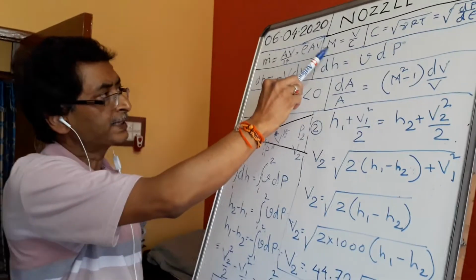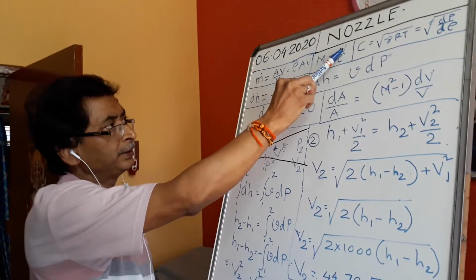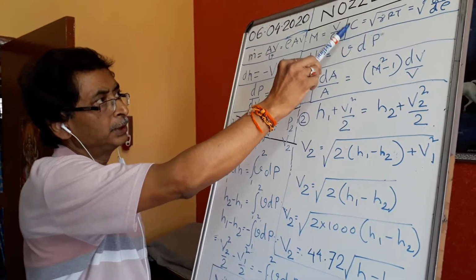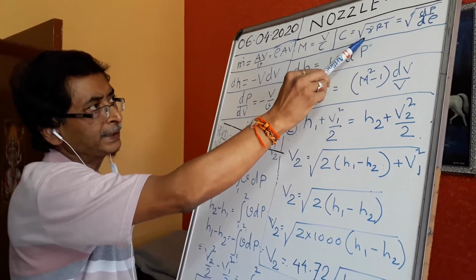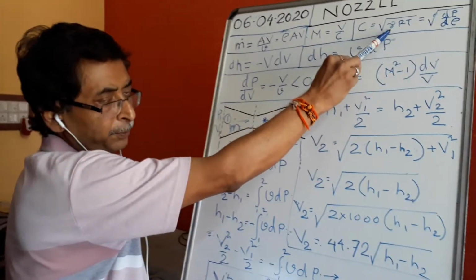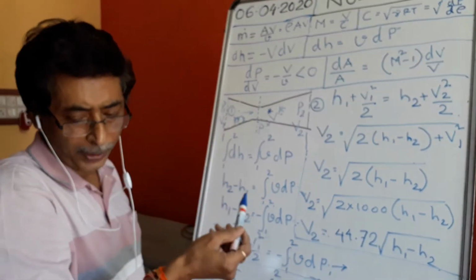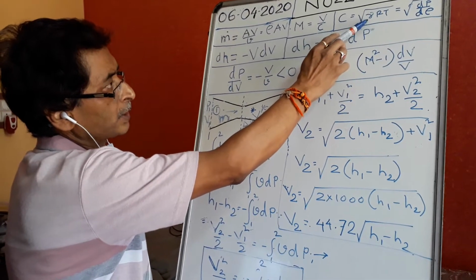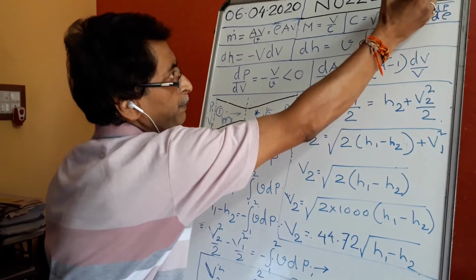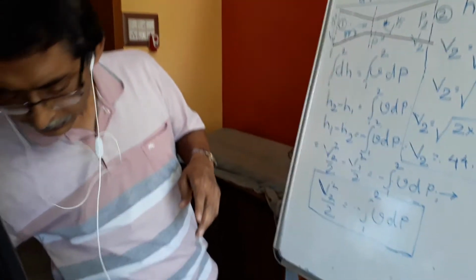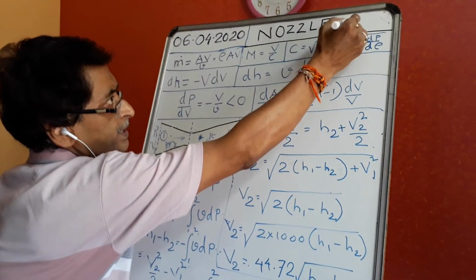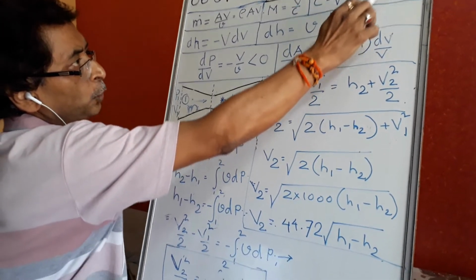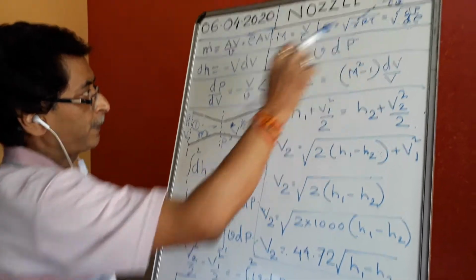We also learned the Mach number. Mach number is the velocity of the object divided by the velocity of sound. What is the velocity of sound? Sound velocity C is equal to root over gamma RT. Gamma is 1.4 for air, and some value like 1.3, 1.113 for steam. That will come later. Gamma is the ratio Cp by Cv, the specific heats. This also can be written as root over dP by d rho, meaning change in pressure with respect to density.